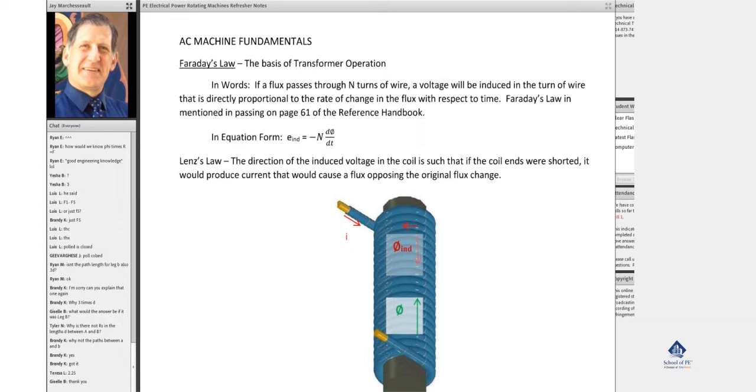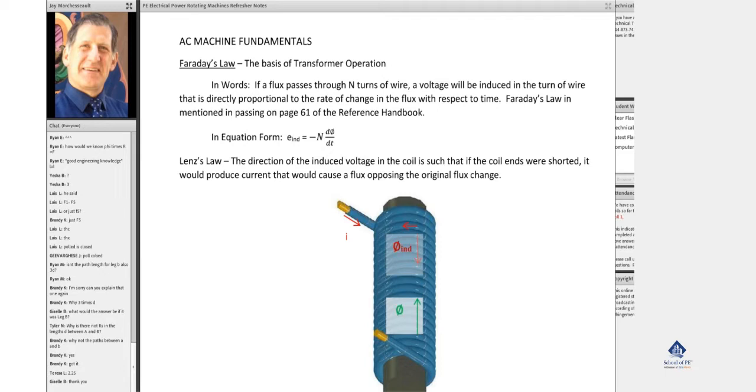So we're going to be talking about cross products, vectors, and things like that, which gives you an idea of the torsional forces developed, and that's all important to understand how these work. So we'll start off by talking about Faraday's law. Pretty simple. Talks about an induced voltage across